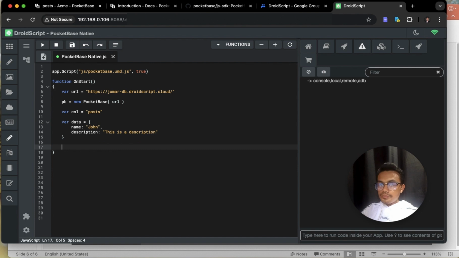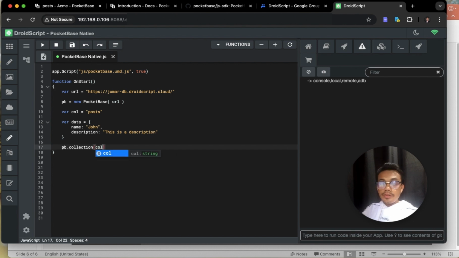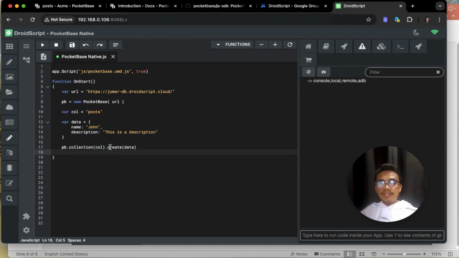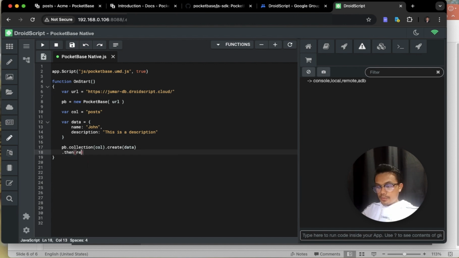Okay, so to add this record into our post collection, we'll call pb.collection. We'll pass the col or the post collection and then use the create method passing the data right here. Since this is an asynchronous method, we can listen to the resolve and reject callbacks. So we have then a record because it will return a record.